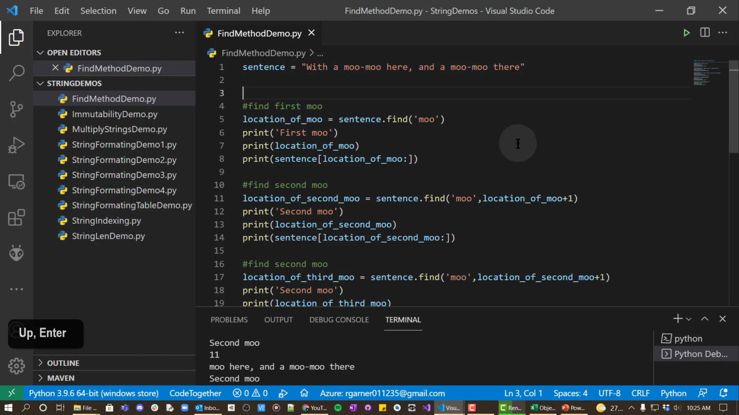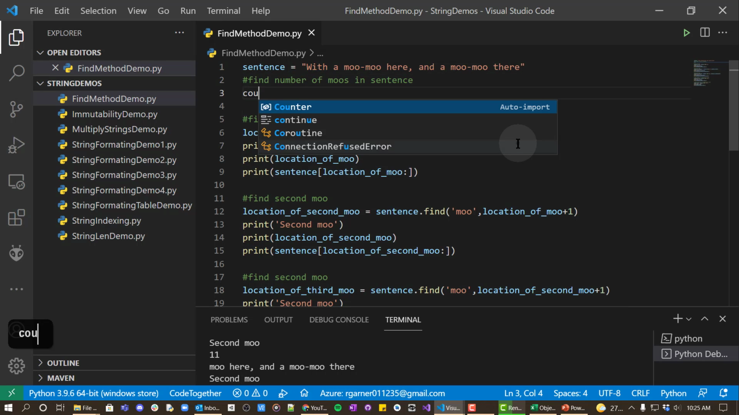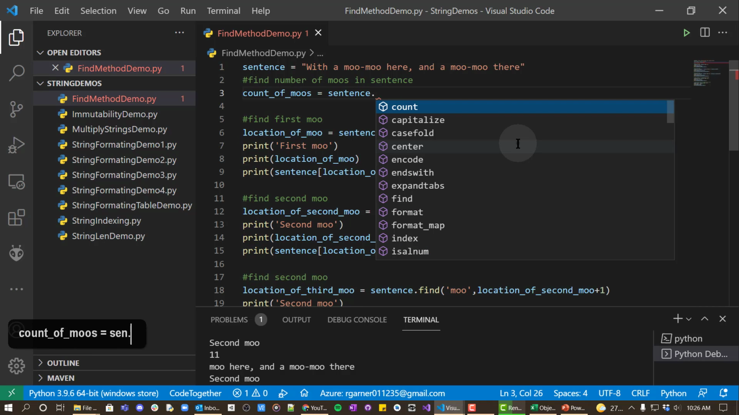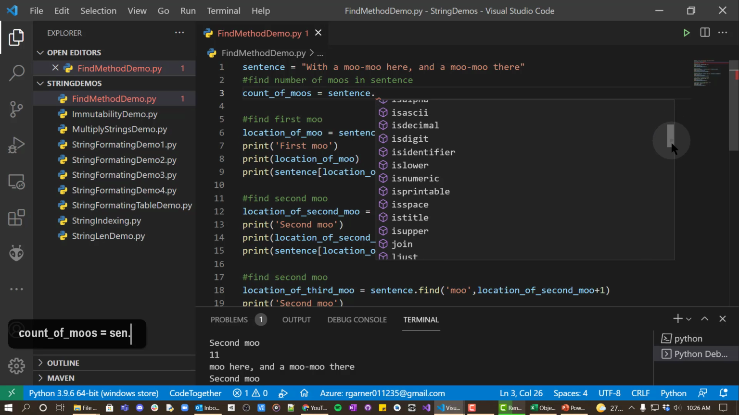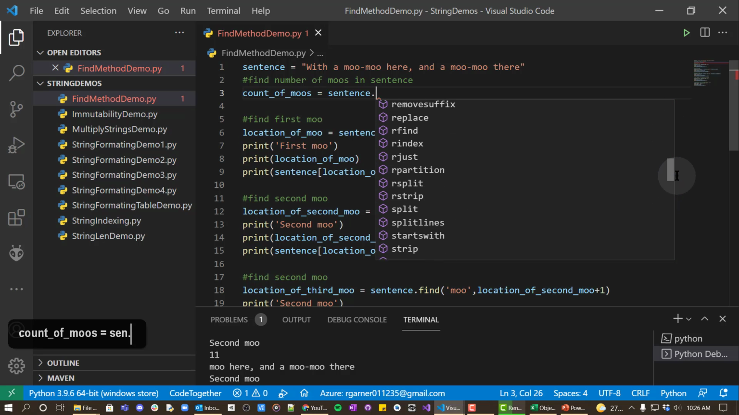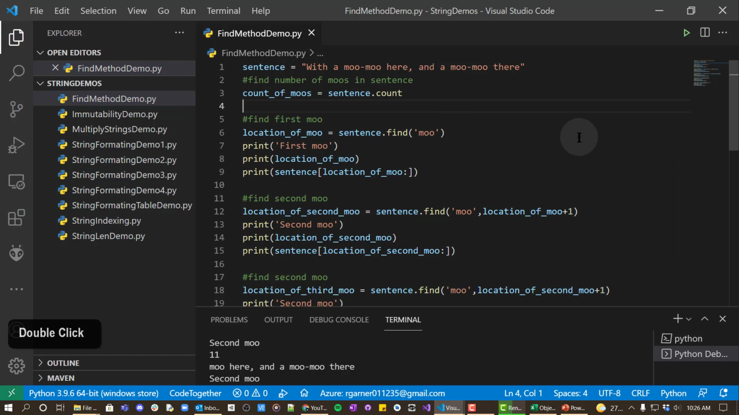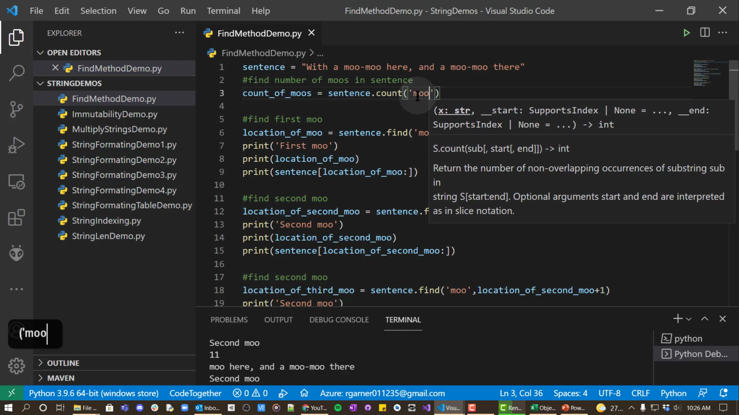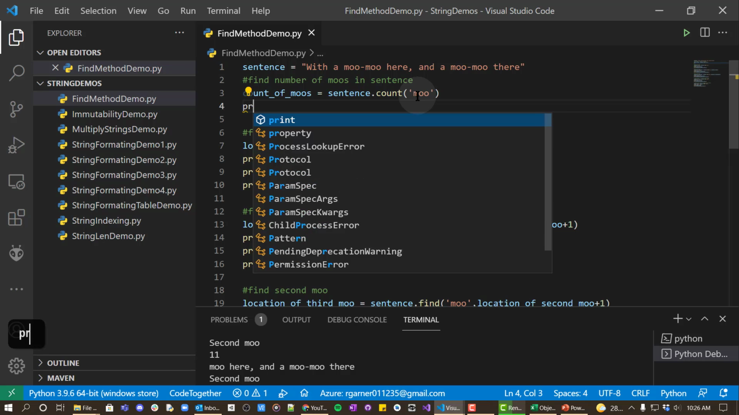So if I go up here, and we could say find a number of moves in sentence, and say count of moves. So I just pick my variable, and I can say sentence.count. And notice that once you've established something's a string, there's also the full list of all of the string functions here. In fact, there's a whole lot more than what we've put in here. And so we're going to say count moo inside of this, and then we're going to say print